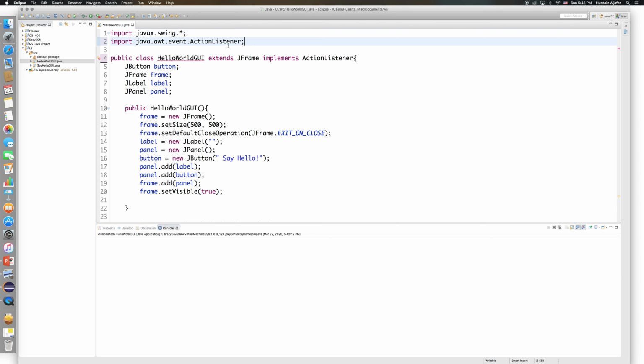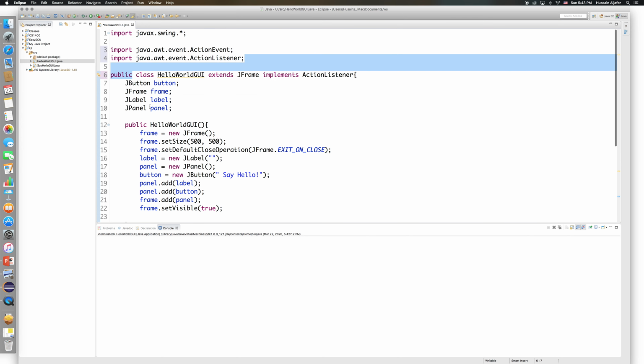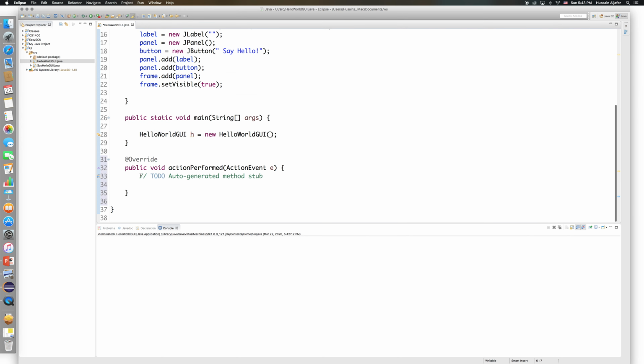And when I import the ActionListener, it's going to give me an error here because it's saying that I need to implement the method. Now the method is called actionPerformed. Then I can just click here and it's going to put it down, and it's right here. So what I need to happen is when I click the button, I need the label to change whatever text is displayed on it. And I can do this easily by saying label.setText, and I'll give it any string as the text. So I'll say hello world